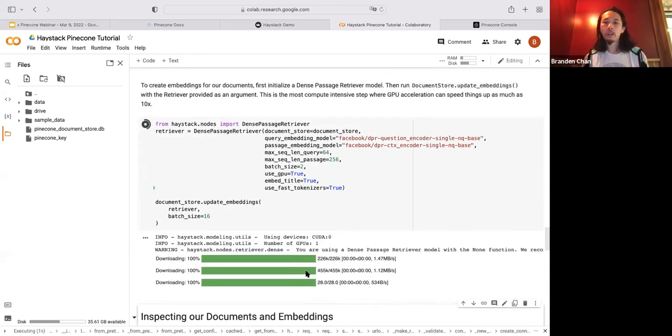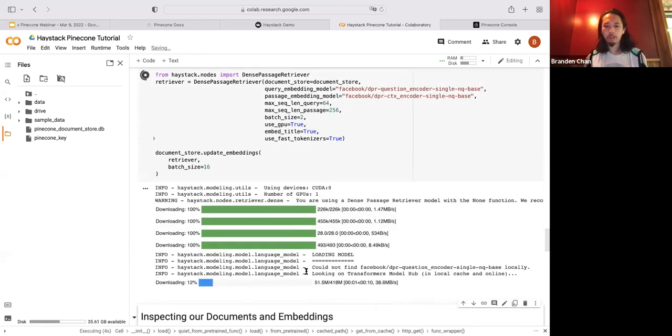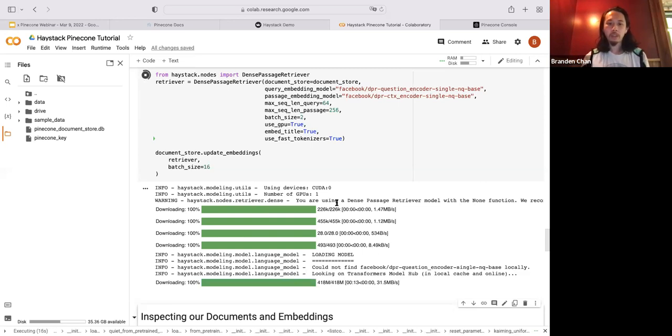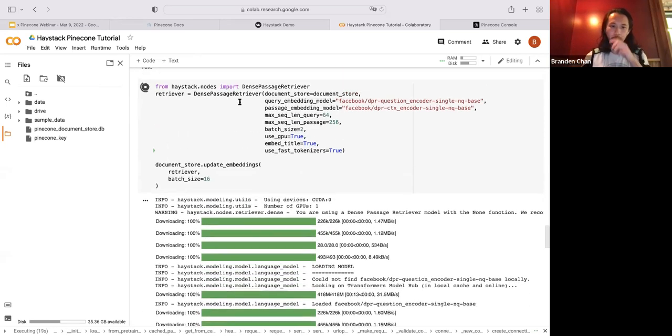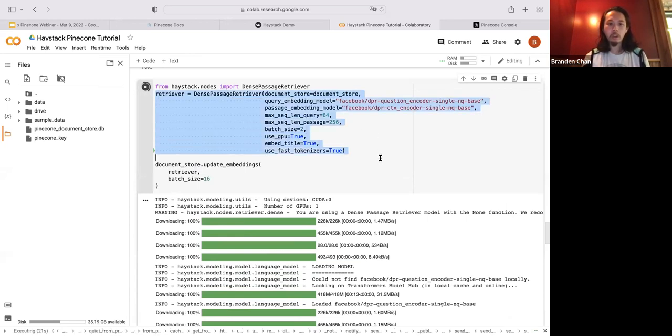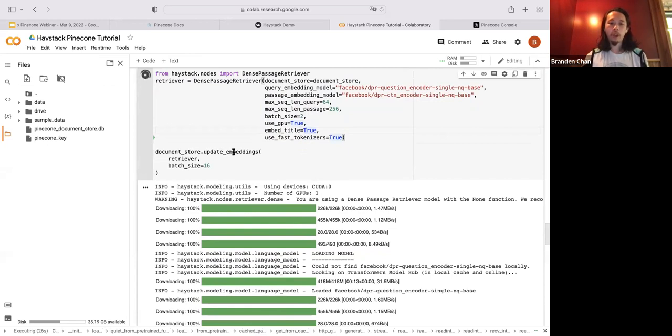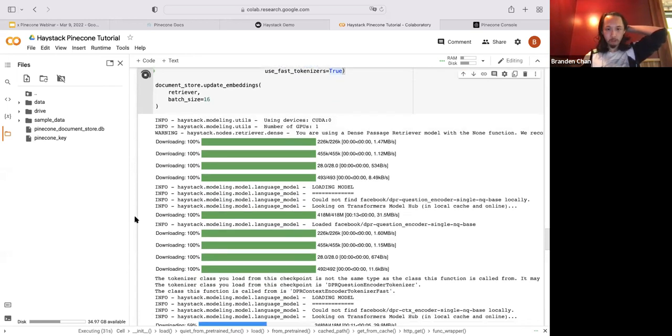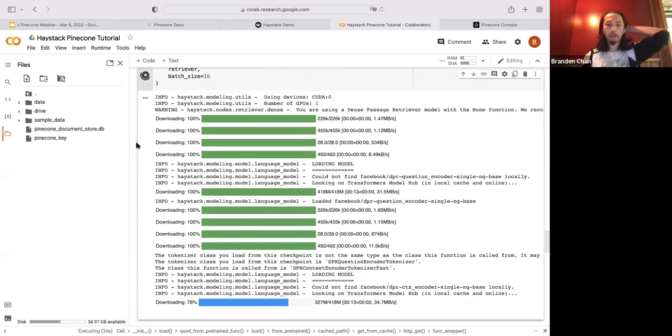But what we really need to perform dense retrieval are vectors. What we want to do is to convert each one of these documents into a set of numbers that represents what it means, and to also index that into Pinecone. And that's what these steps here are for. So you can see that we initialize a dense passage retriever, and then we call document store.update embeddings using this retriever. What you see the program doing right now actually is downloading the models that are needed to initialize dense